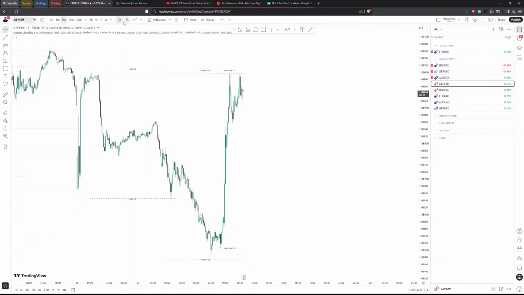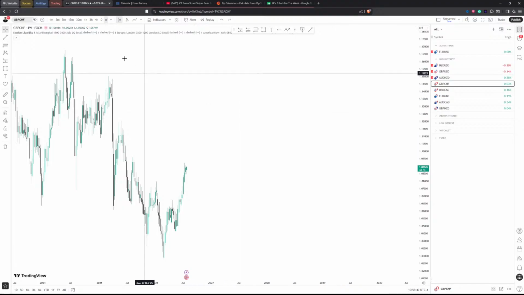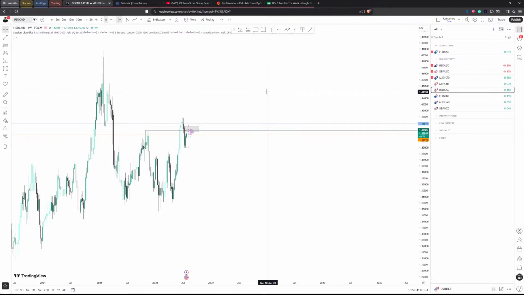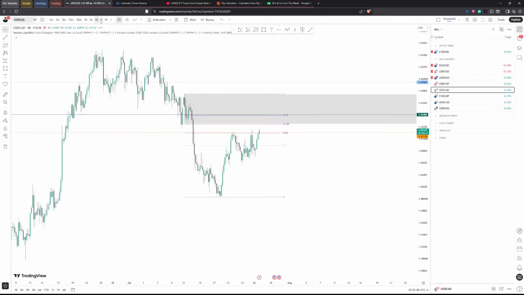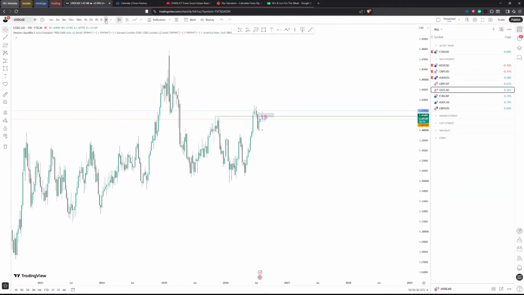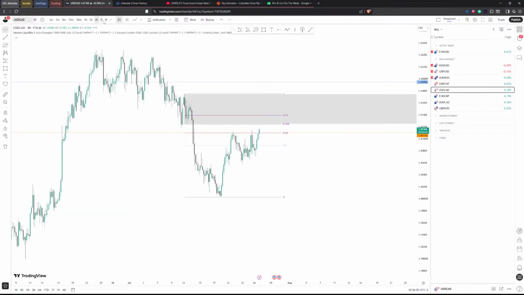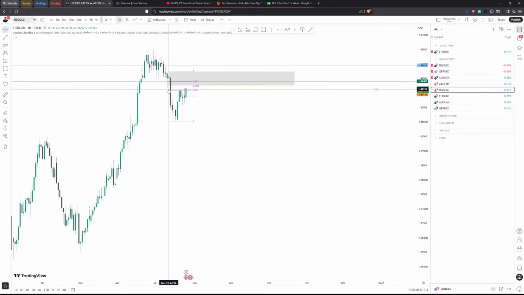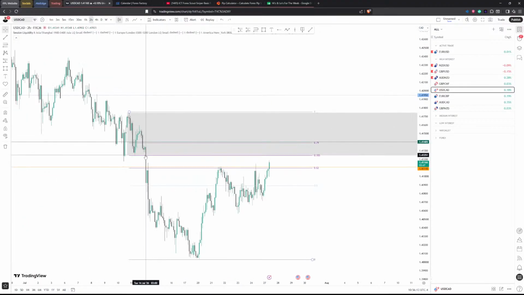So that's USD. I'm going to quickly scan the other pairs. Okay, USD CAD, I mean it's USD as well, but on the weekly, we swept this, came up into this fair value gap, pushed back up into this fair value gap, which though I don't know how much of a fair value gap that is. Okay, it is in the daily, came up to it. So we are coming up onto this order block.